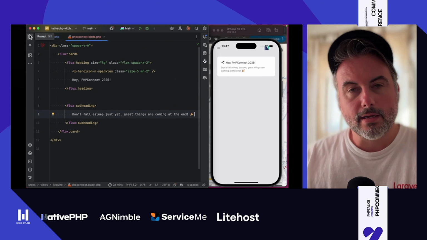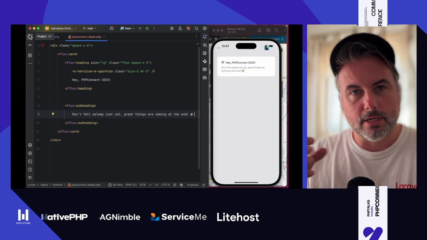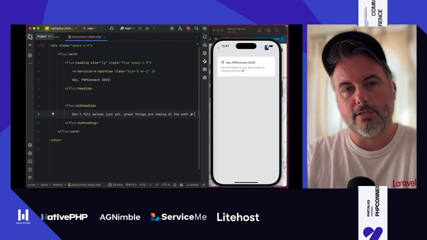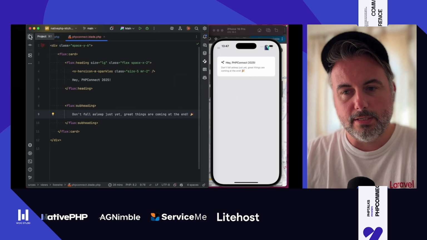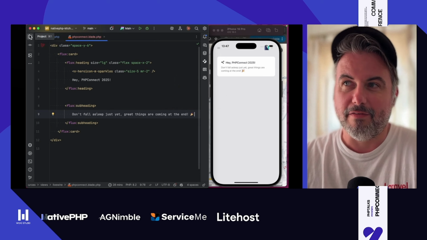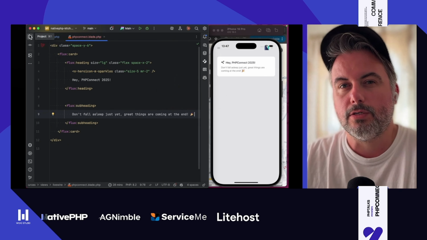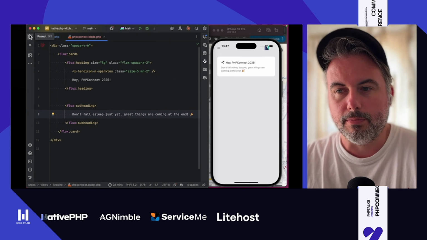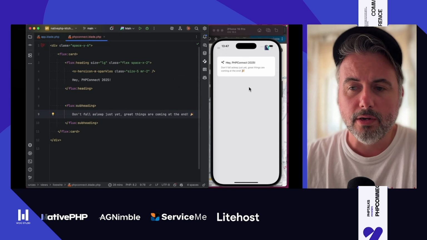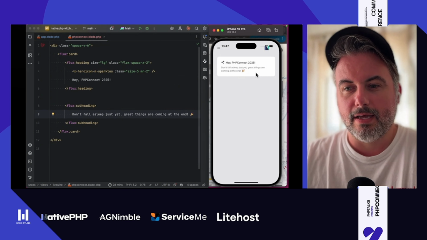Then that code runs and does the native thing, and then it returns back and your application continues. In the end, it feels very simple, but under the hood, there's a lot of complexity going on to make sure all of that works really smoothly. And what you end up with is a really fast and slick application that feels native